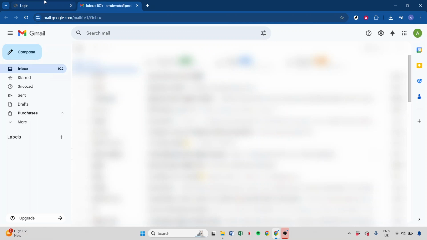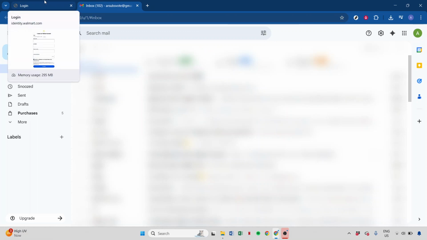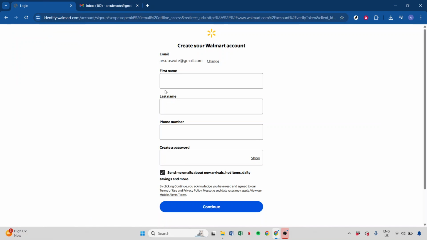And there you have it. You now have your very own Walmart account ready to help you save time and money with online shopping, exclusive deals, and much more. Remember, having an account allows you to track your orders, save your favorite items, and enjoy a more personalized shopping